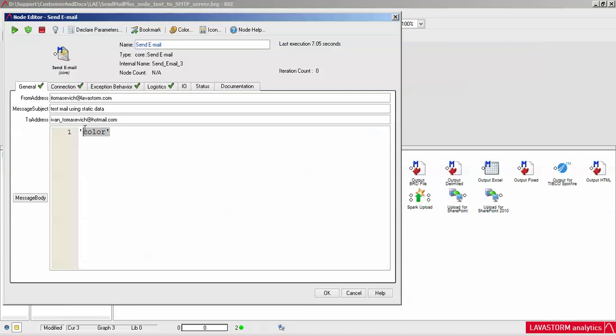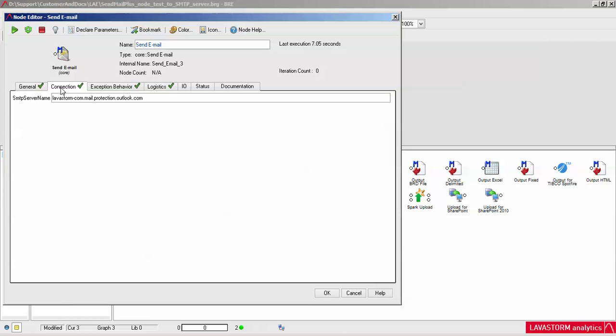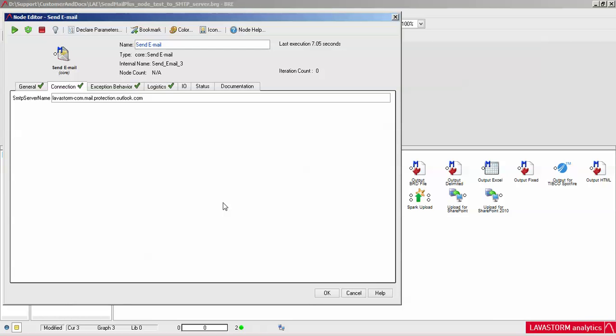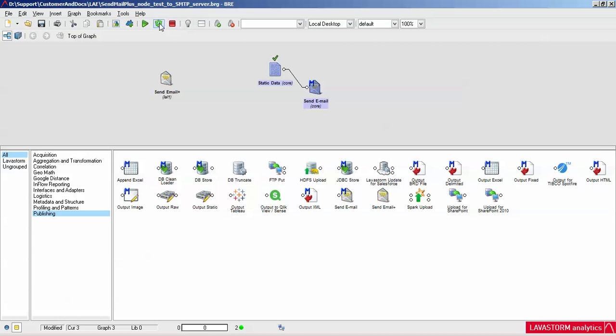For that, you need to define here the field that you want to send and provide the from address, the message subject, the to address, my own, and the SMTP server. And remember that the server has to be visible to the Brain server, which means you should be in a VPN connection and the LA server should be able to ping that SMTP server. So if we run it,